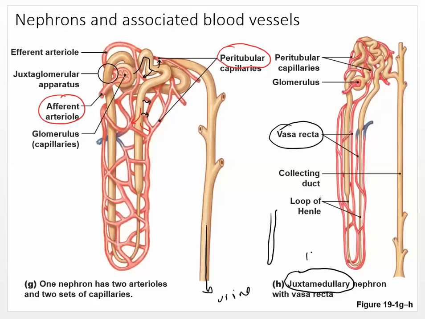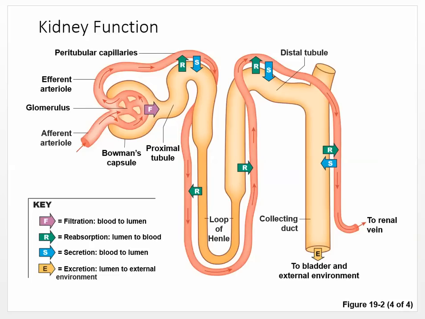and forming that concentration gradient, which causes very high concentration, because remember we said in the blood it's usually about 300 milliosmoles. You don't necessarily have to know what that means, but that's just a concentration, and the bigger that number, the more concentrated it is. So down deep here, it's about 1200. Up here, it's about 300. So as it moves out of the Bowman's capsule, really it's about the same concentration as blood plasma. But then as it goes deeper and deeper, it gets more and more concentrated, and it sort of squeezes all that water out, and then you have some fine tuning that takes place up here,